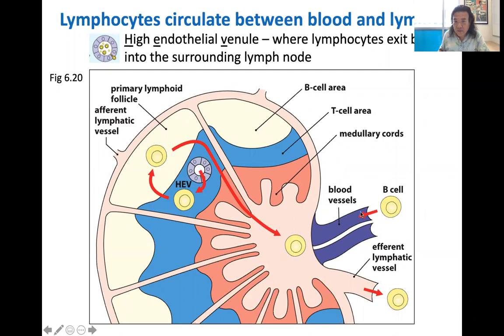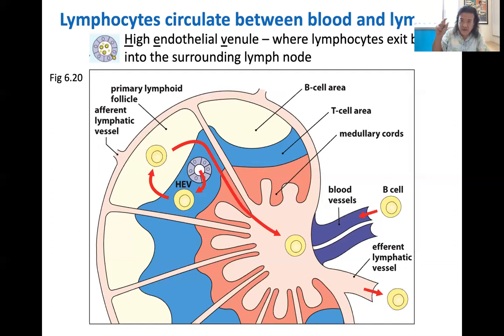Eventually, that B cell makes its way to this lymph node. So it comes up behind it in the blood, and this region of the blood vessel that's drawn here as this purple donut represents a specific region of the blood vessel known as a high endothelial venule,